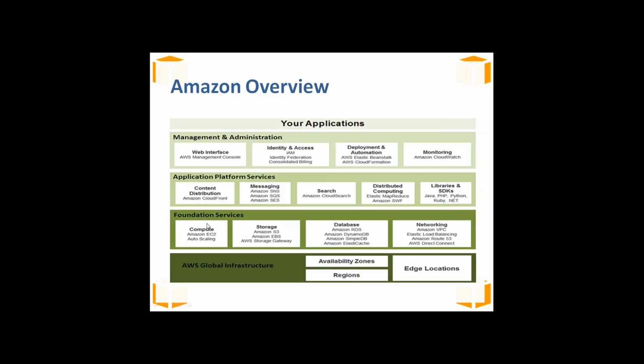That is the usage of compute foundation services. Now let's move further with the second Amazon foundation service, that is nothing but storage. Storage is divided into three services. One is Amazon Simple Storage, the short form of which is S3, another is Amazon Elastic Block Storage, that is EBS, and the third is Amazon Storage Gateway.